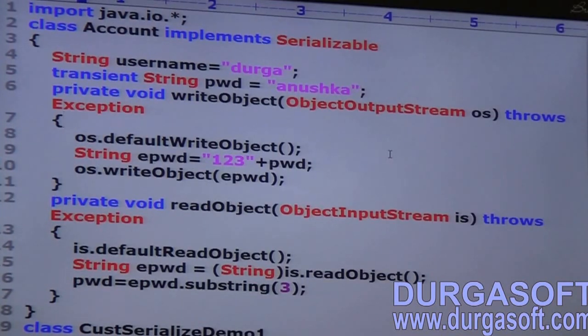Because who is writing this total code? Within the Account class only we are writing, right? Both encryption and decryption. Separately it won't work. So make sure in serialization Account.class file should be available in both locations at the beginning only. While the concept is going on, next you will get that clarity, I am sure.